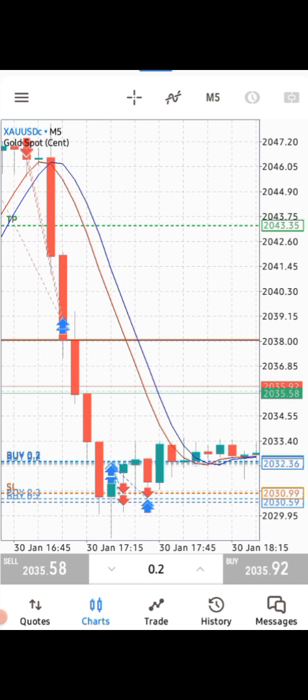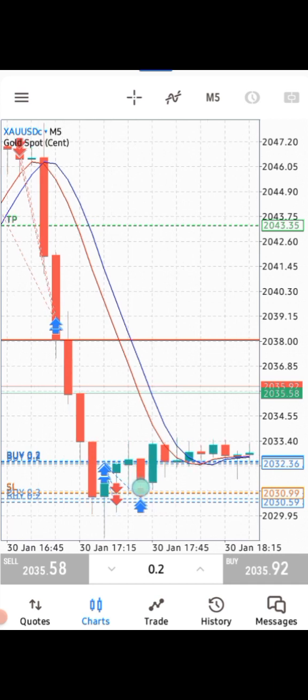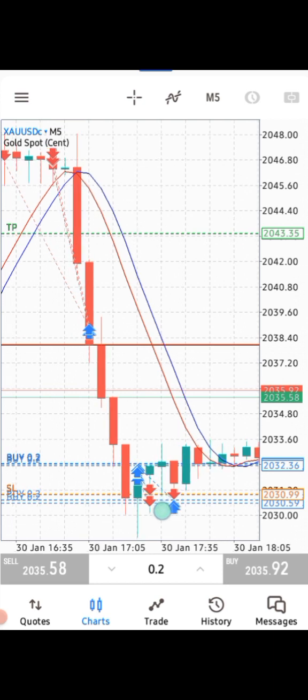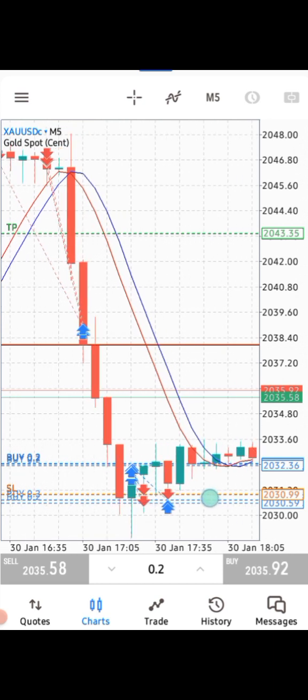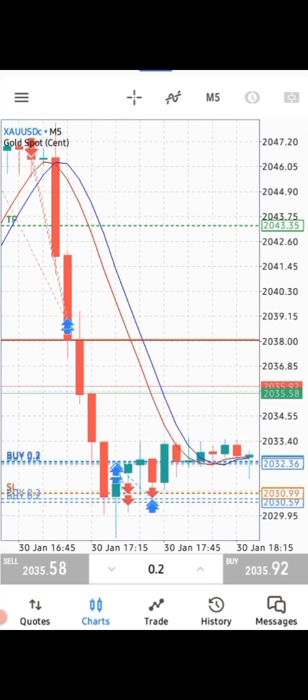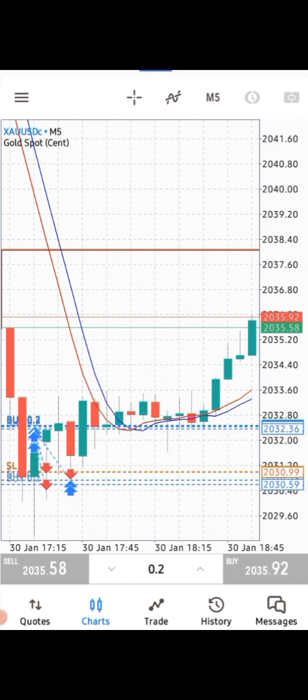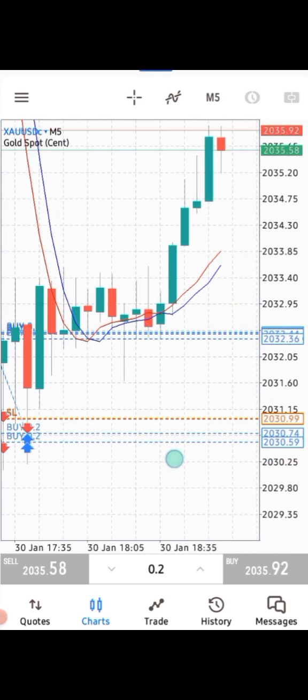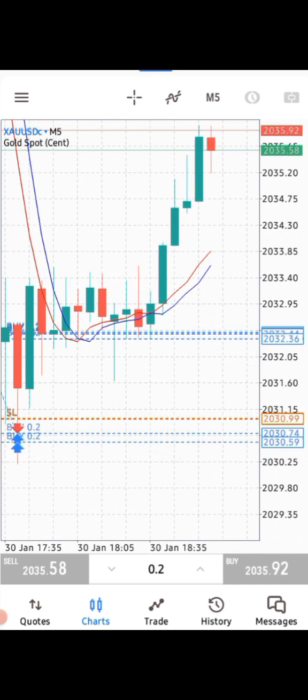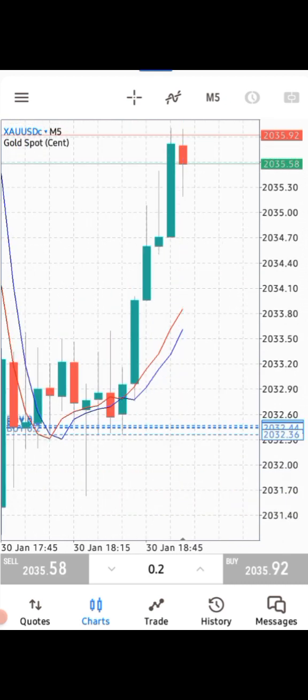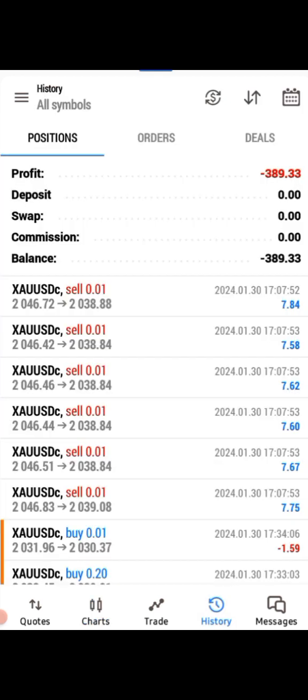You can see that from the point where the market hit the stop loss and got some of my trades out of the market, it began to reverse. You see it reversing, and ever since then it hasn't come down to that point again, and boom, I start having a positive move. If you look at the history again, I'm running a loss of about